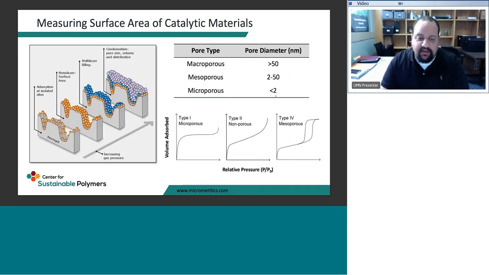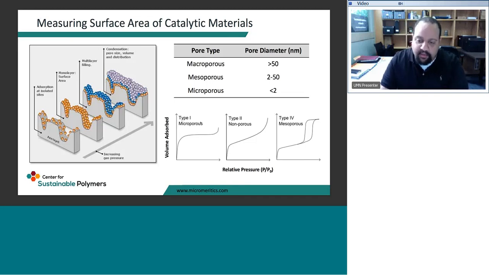And so how we characterize this is with gas adsorption techniques, where we can take something like argon, and as you can see in the figure on the left, we keep successively dosing more and more of the gas, and we can use sensitive pressure transducers to measure how much has been adsorbed onto the surface. And at different parts of this adsorption there will be characteristic behavior that evolves, which is illustrated in the figure on the bottom right, where depending on the relative pressure of your adsorbent gas, you'll see different isotherms that evolve. And so, for example, if you see this type 1 behavior, that's pretty characteristic of a microporous material,